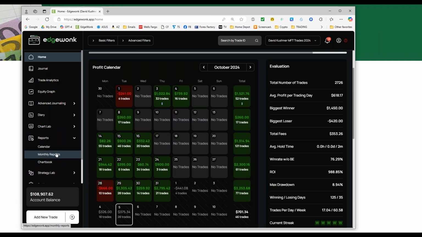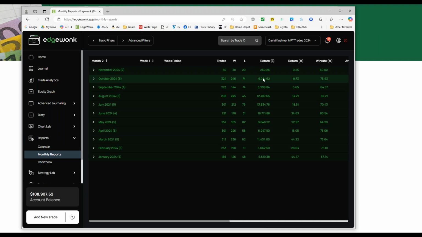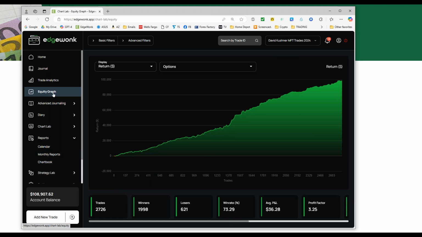Look what we did in October. $9,091, right? Look what we did. We had a great June, one of our best months. We had a good July. We had a good August. We had a slow September. But here's my equity curve for the whole year. So yeah, we have ups and downs, bumps and this and that, but it's a pretty solid equity curve, right?